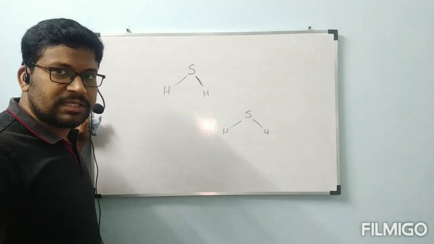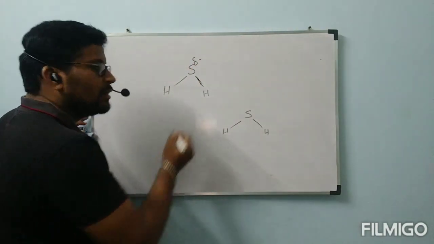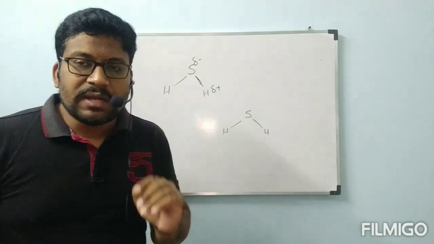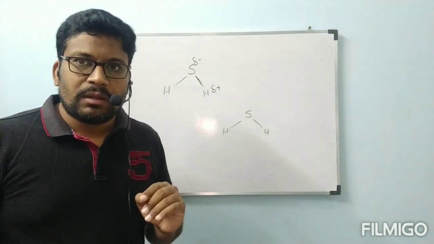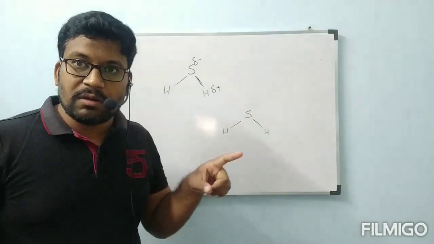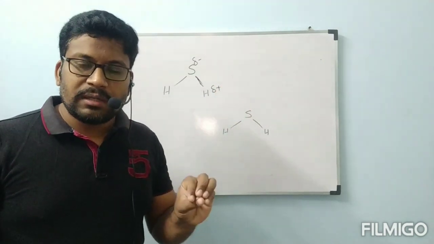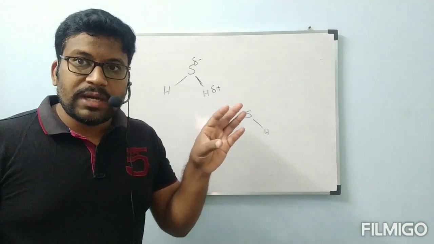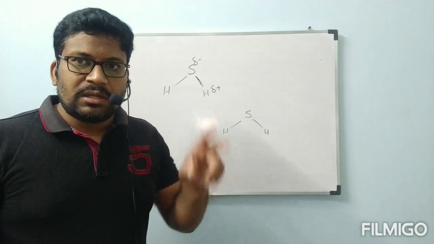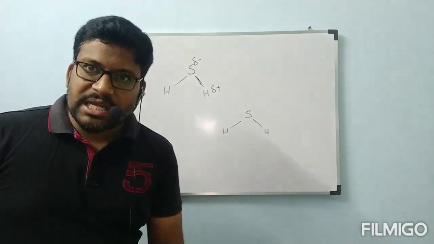Now, which type of force is present in H2S? See, delta negative charge is present on sulfur, delta positive charge is present on hydrogen. Actually, sulfur is also an electronegative element only, greater than hydrogen. But with respect to oxygen, it is very low. When compared to oxygen, the electronegativity of sulfur is very low. I told the top 4 electronegative elements: fluorine, oxygen, nitrogen, chlorine. After that only sulfur will be somewhere.